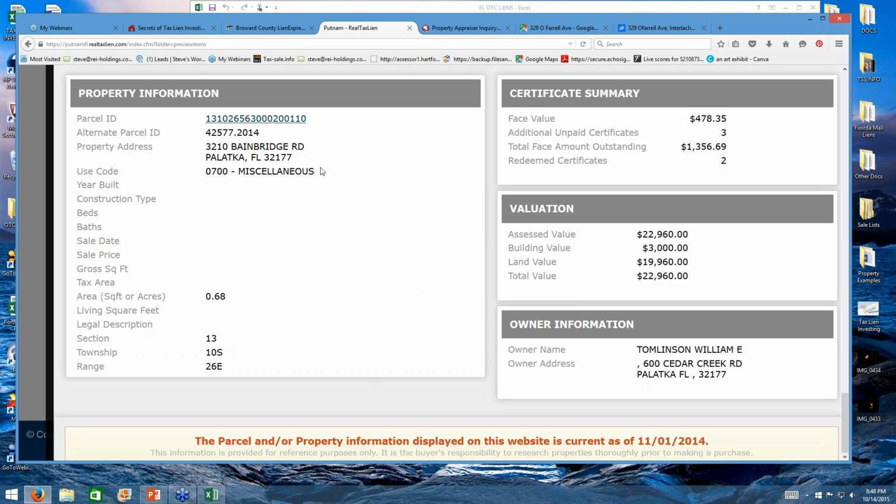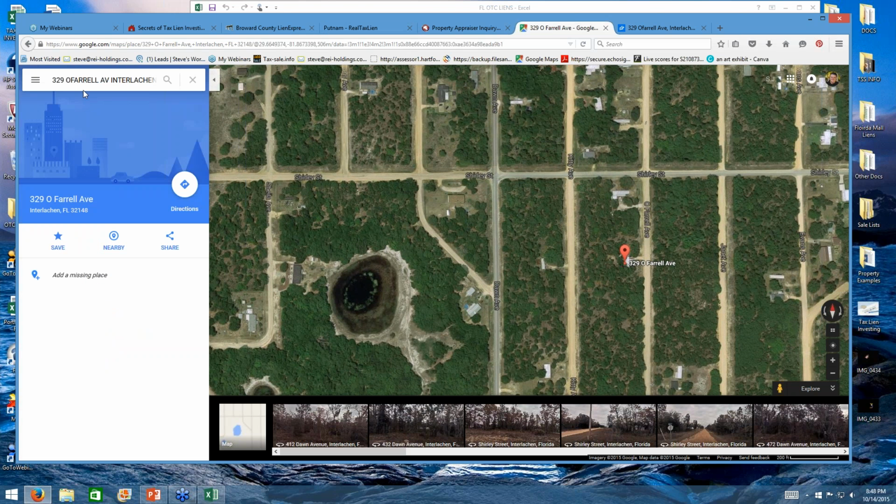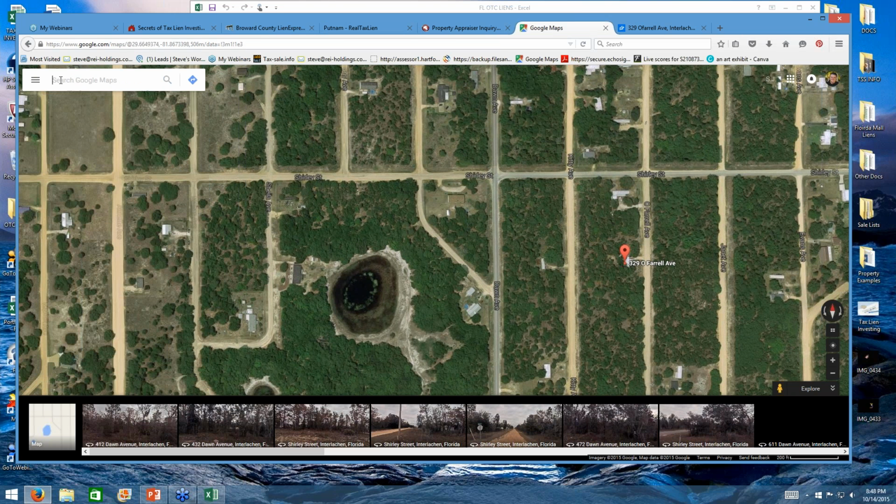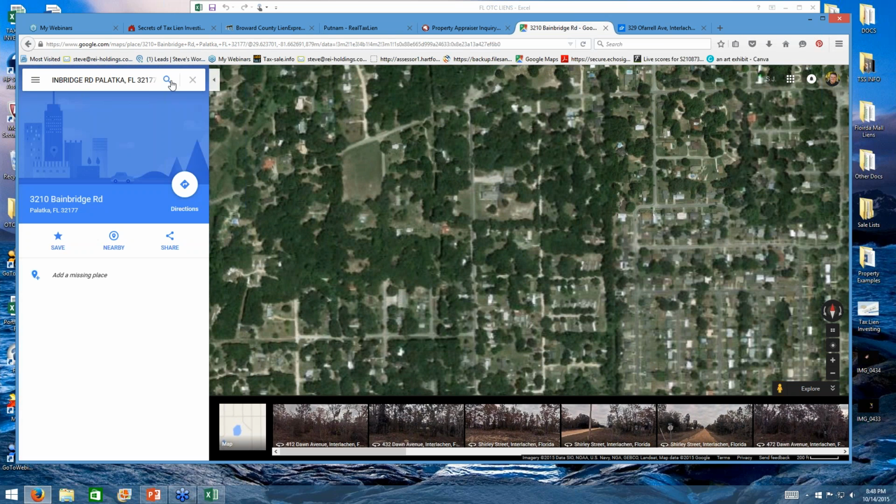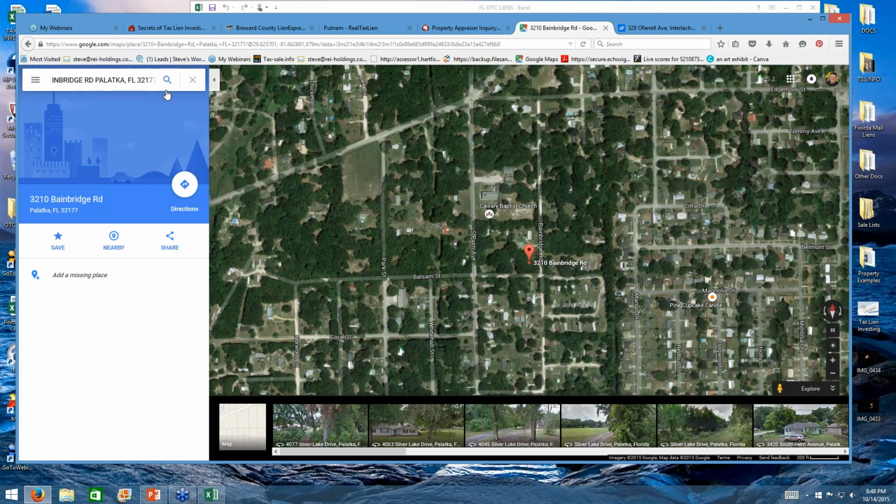So from here, we could go ahead and take this address and go through the same process that we went through before. With tax certificates, we don't need to do title searches or anything like that. We just need to make sure that our money's going to be protected, and if our money's going to be protected, it's going to be a good, safe investment, especially in a state like Florida, where you're not going to do the foreclosure. It's going to be held by the county, and there's a chance that somebody will buy it at the deed sale, better than at least a decent chance.